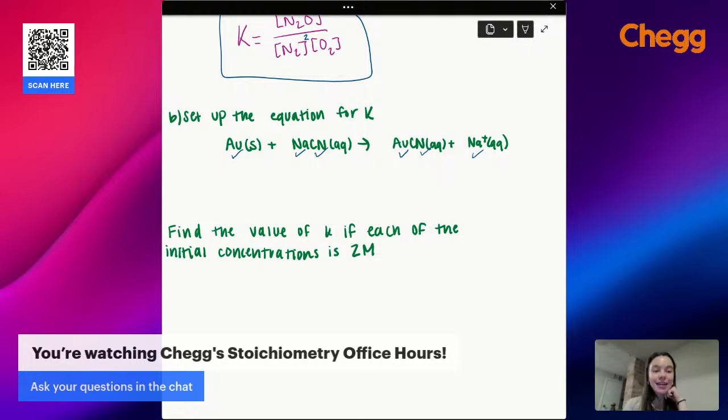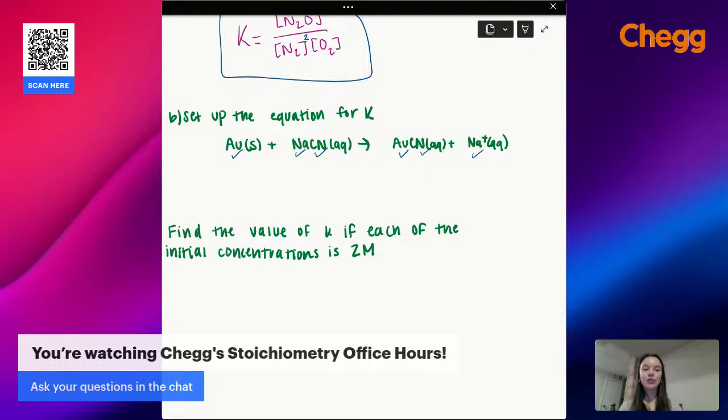I'm going to give y'all about 30 seconds. Type in the chat how you would set this equation up if you saw this on a test. I'm going to give y'all a little hint. I tried to trick you. So see if you can figure out how I'm trying to trick you. You'll get a virtual high five if you figure out how I'm trying to trick you. You've got about 20 more seconds. And if you don't want to type out the whole K equation, you can just let me know how I'm trying to trick you. All right, about 10 more seconds, guys. What's the trick here? All right, 5, 4,